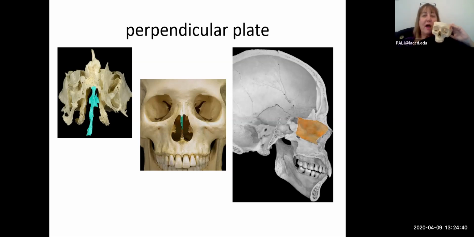Okay, so not the entire thing is ethmoid bone, only the upper part. So if you look at the middle picture, do you see the green part which is coming down from above? That part is ethmoid bone, and it's called the perpendicular plate of the ethmoid bone because when you're looking at the floor of the